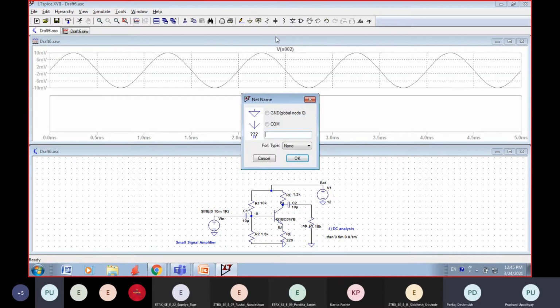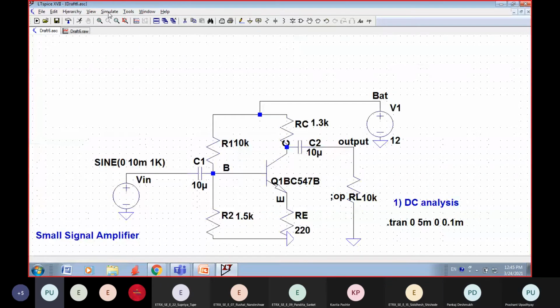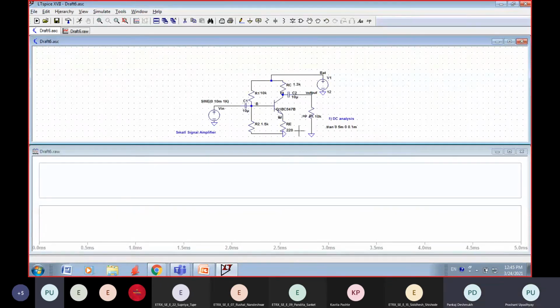I will take a label and connect an output label here, so that would be a better thing.